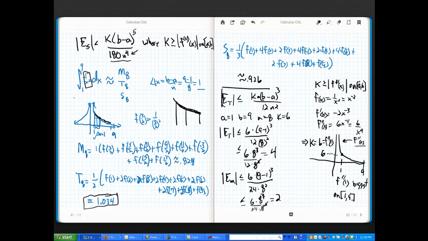If I want to get a heck of a lot more accurate, I'm going to let n get bigger. And if you think about that with these formulas, if n gets bigger, then this denominator gets bigger. And as the denominator grows, the size of these